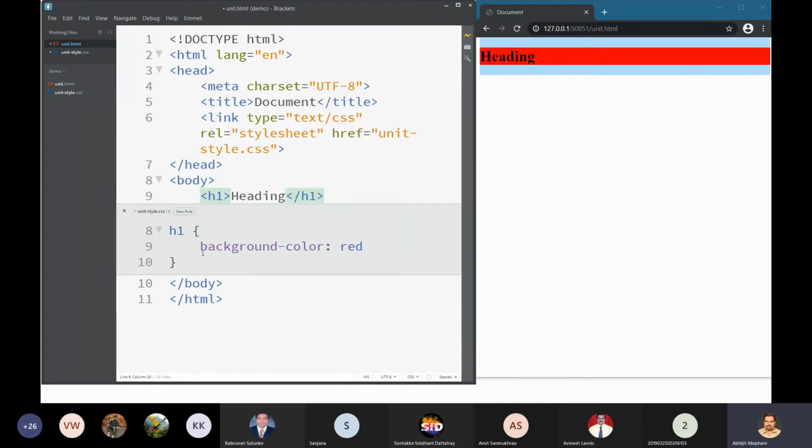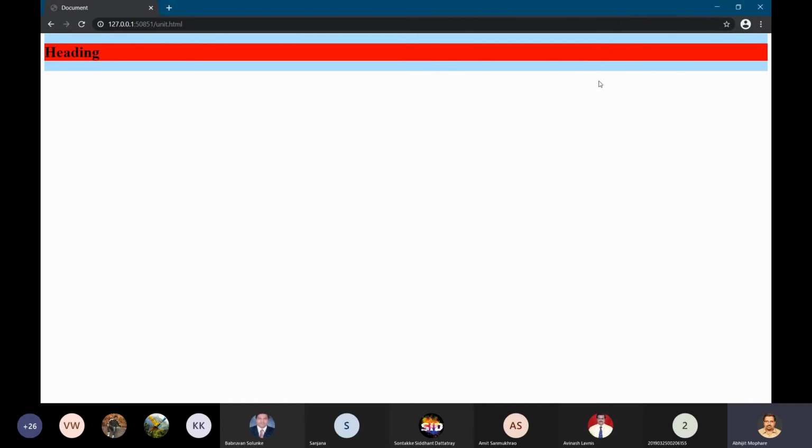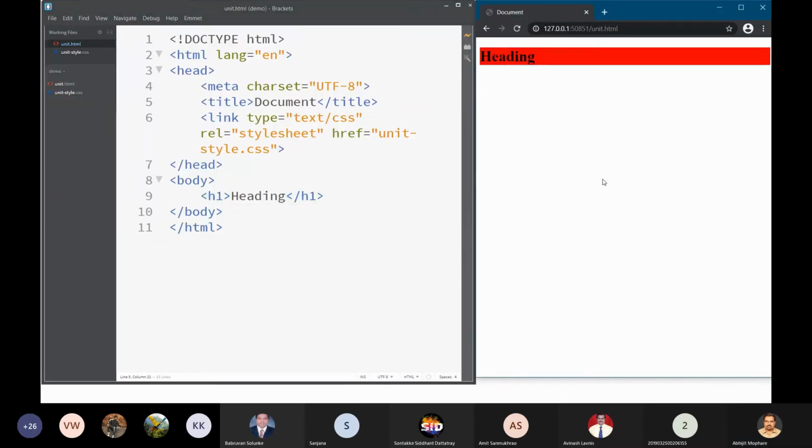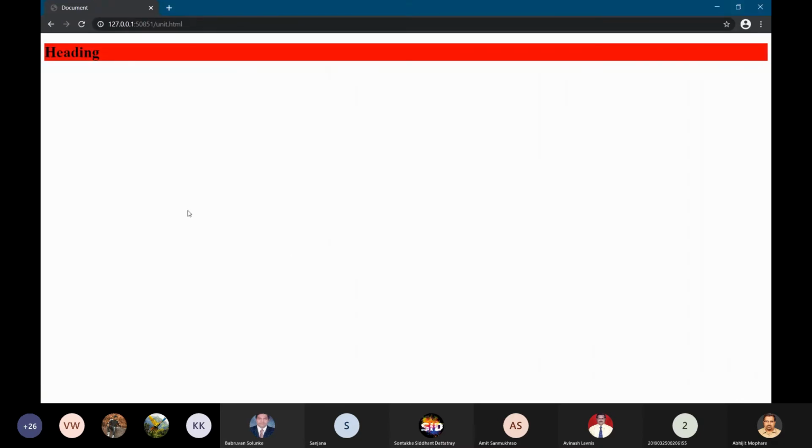Okay, the moment I give this red color, see what has happened. If you observe, the heading is only this much area, but it has taken this entire rectangle, the entire width of the viewport, and the shape of this element, as you can see, is rendered as a rectangle.